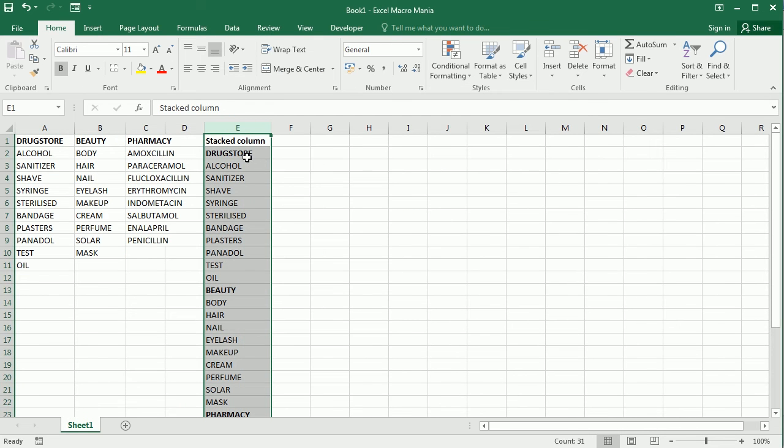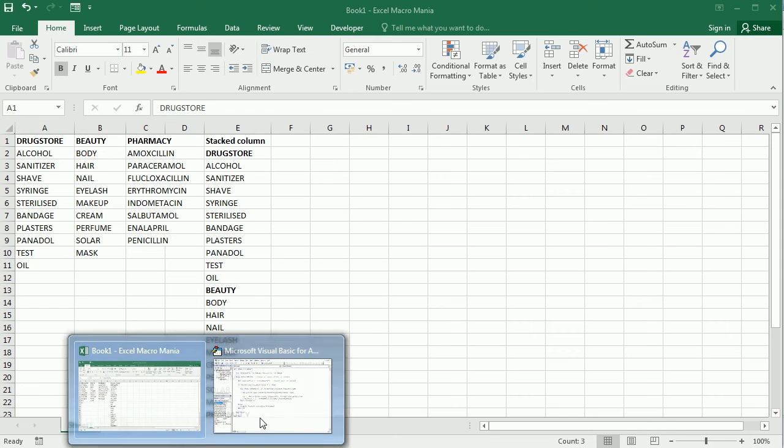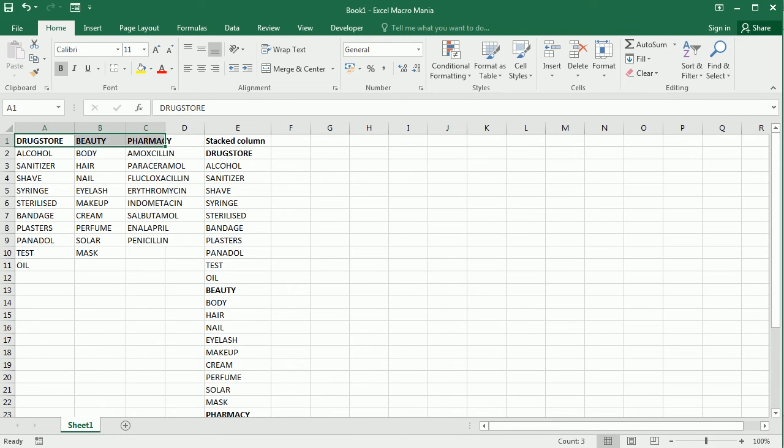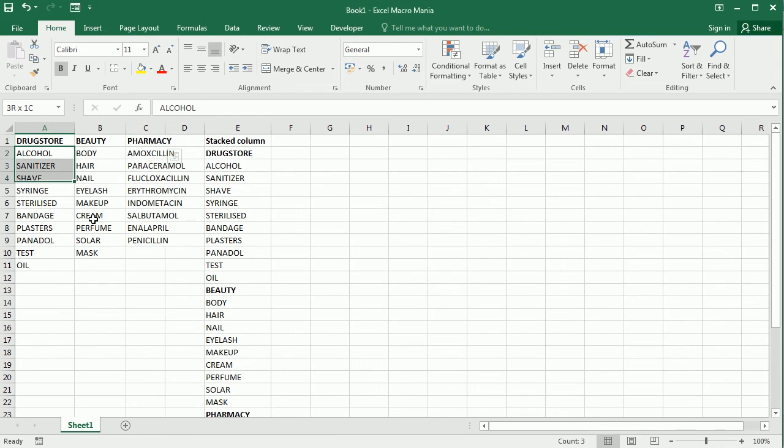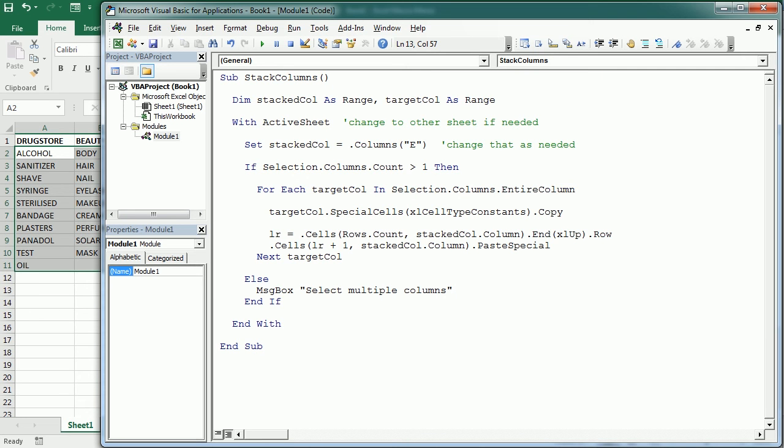Now, if we want to skip the headers, as you see here, it has copied, of course, the headers for each column. If we want to skip the headers, we can do several things. We can, for example, remove the entire column here and select only what we want to get into the new column. Or we can also modify this line of code,